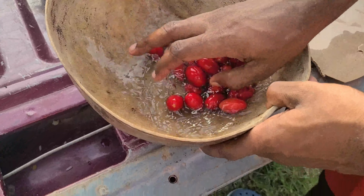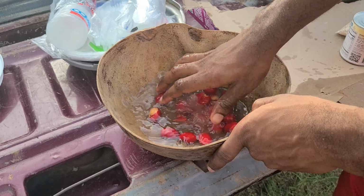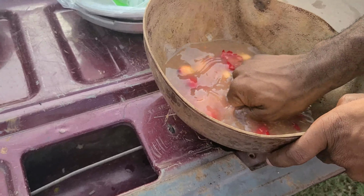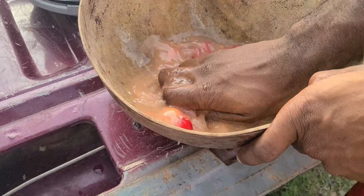Alright guys, get the wash off, you know. You see her bit out. Me said, when her bit out, you have a scratching but barely scratching. I'm not feeling scratching yet. Alright, so